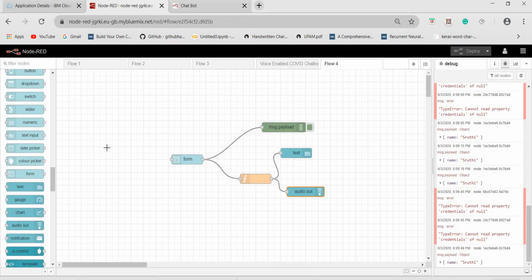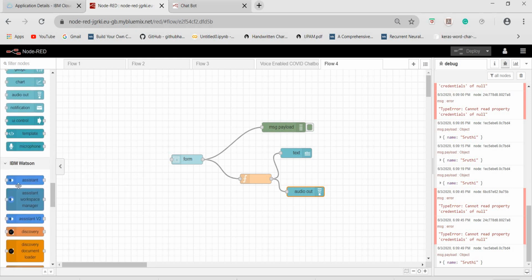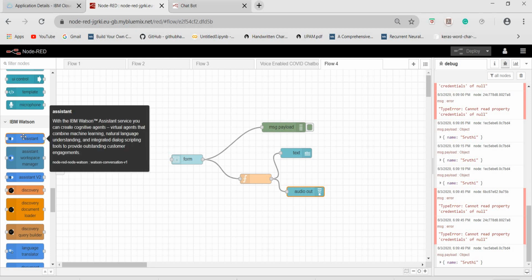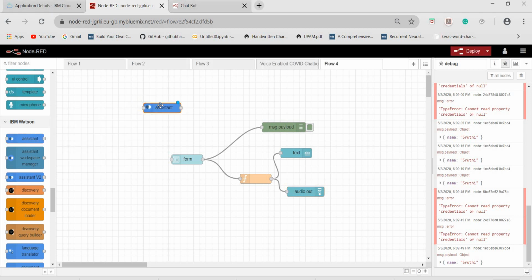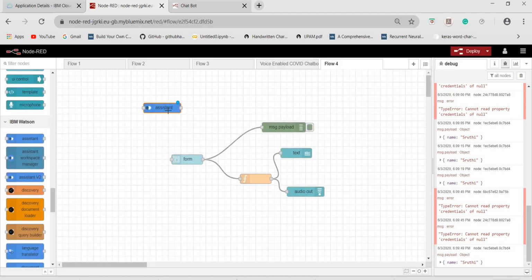So this is how the Node-RED app works. You can just select and use whatever widget you need. It has all the IBM Watson services in here. If we want to create a UI for our chatbot, just drag and drop the assistant node in there, configure the widget by giving the right API key, service endpoint, and workspace ID. All these three can be obtained from the Watson Discovery instance page, and then you are good to go.